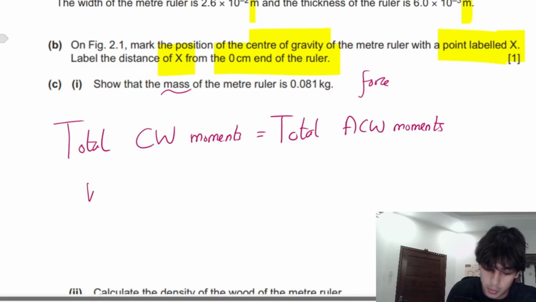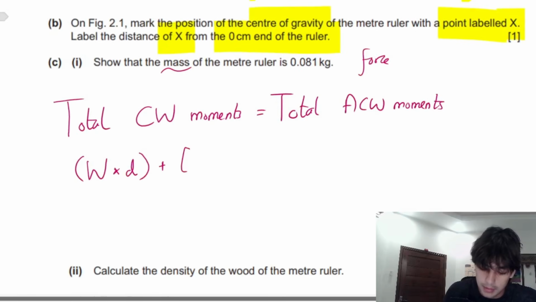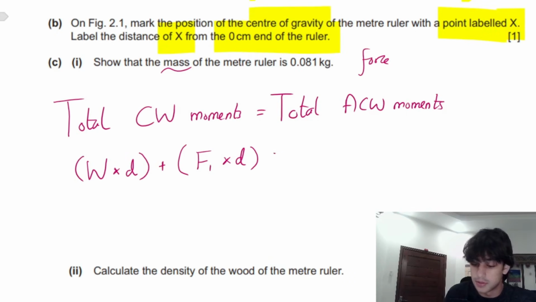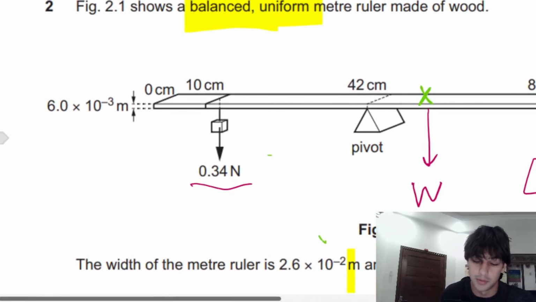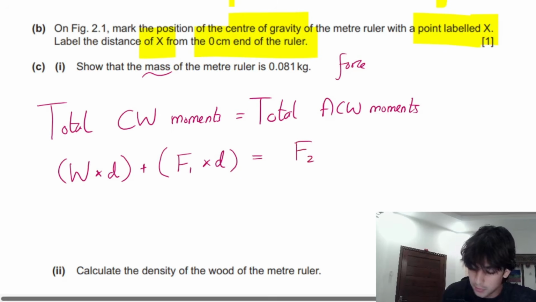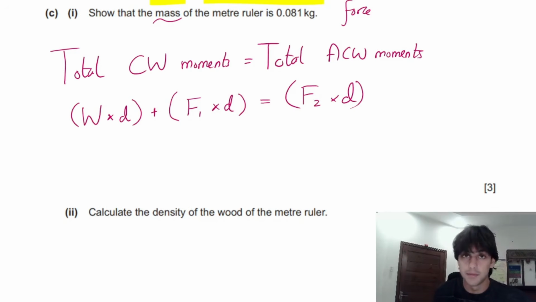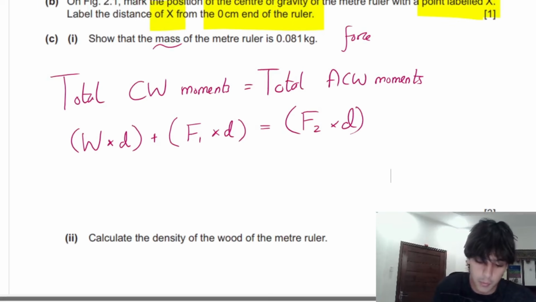So the total clockwise moment is going to be the weight times the distance from the pivot, plus we're going to add the force that was also being applied times the distance from the pivot. This is going to be equal to the total anti-clockwise moments, which if you look above, is only going to be 1, which is 0.34 newtons. Force 2, for example, times distance. Now that we have this equation set up, we know that weight is unknown, but we know the distance, which